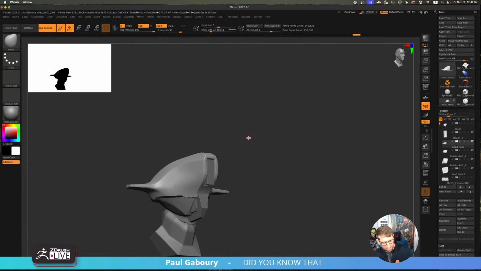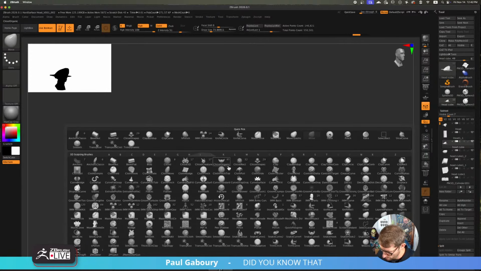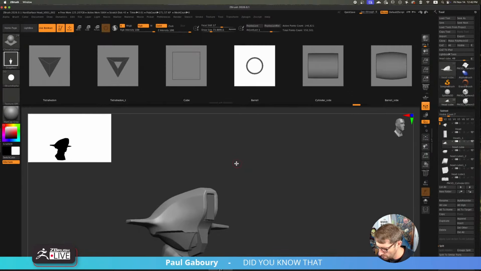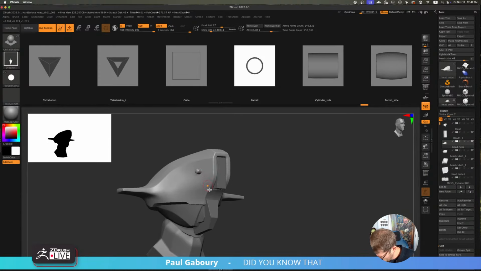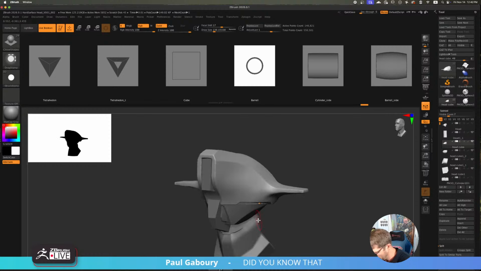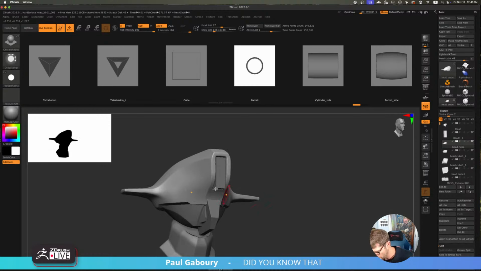All right, so let's switch back to this chisel shapes and go with, do I want to do something like this? But let's do drag stamp. Like, do I want something like this, right? So let's do a drag stamp like that.